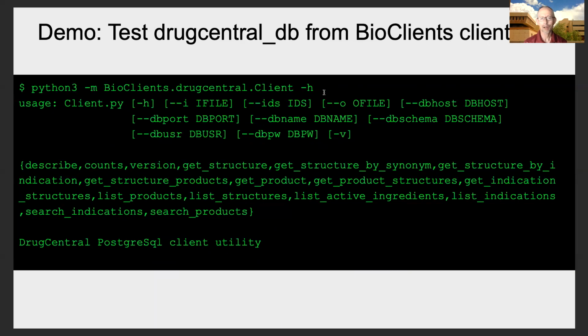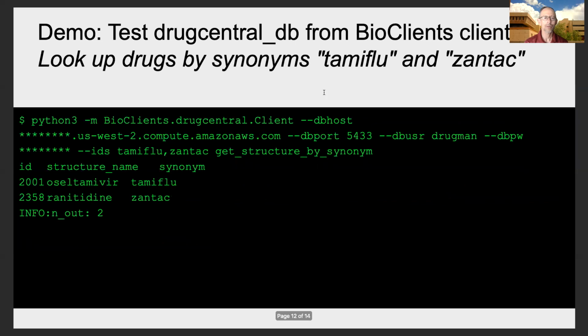Now, how about using the BioClients Python package? So after it's installed, it can be accessed in this fashion and others, but from the command line, you can run the module and various clients, the DrugCentral client thus. The -H gives you some help and describes some of the things that can be done. You can do things like get structure, get product, list structure, list product, and we'll do a couple things